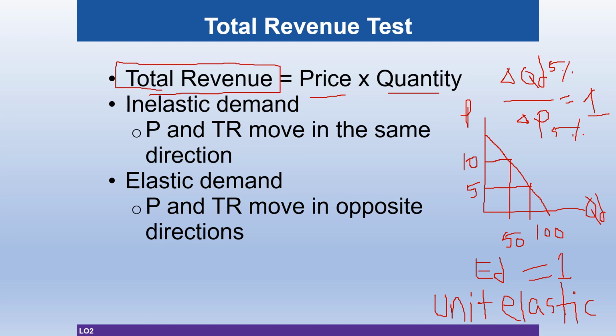But if you are selling an elastic kind of product, then what will be better for you? You have to sell it at a lower price to make more money. And if you are selling an inelastic kind of product, let's say a medical product that patients need, so they don't have much option, or cooking salt or something essential, then if you sell at a higher price, the total revenue will increase. So as a seller, if you're aware of the price elasticity value of your product, and if you know how consumer behavior responds to price change, then you can strategize your pricing strategy if revenue maximization is your goal.